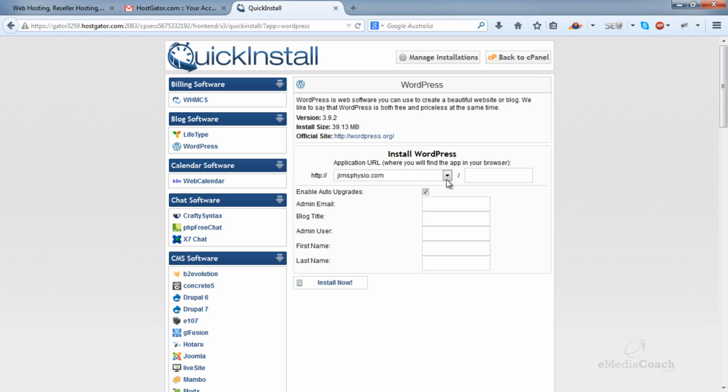In this example, I'm using a subdomain. The one I'm going to use is newsite.jimsphysio.com. Now yours won't look like this. Yours will simply look like jimsphysio.com. This is known as a subdomain. The only reason I've done that is so I don't need to purchase a new domain for this particular tutorial, so ignore that. So select your domain from the drop down, leave this field blank, disable auto upgrades, enter your